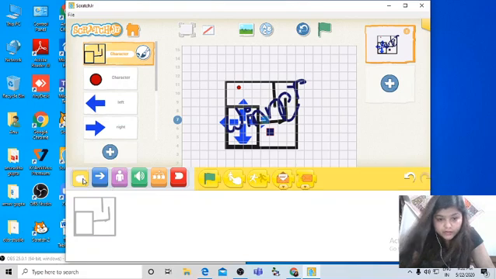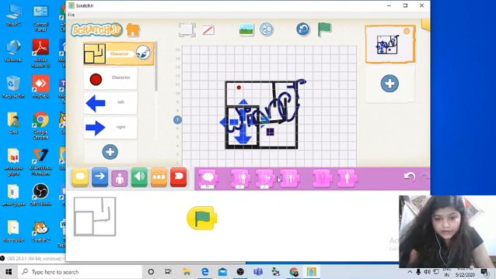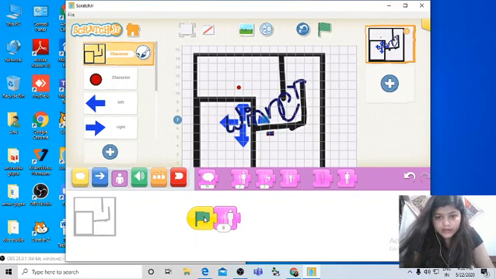So again I am taking the flag from the triggering palette, and then choosing grow, and from here I am taking 8. You can see your maze size has increased.